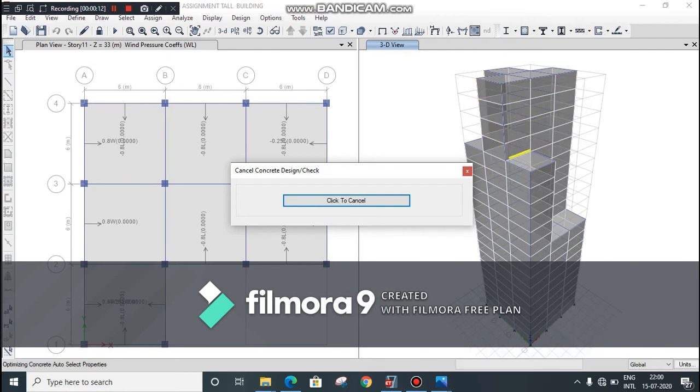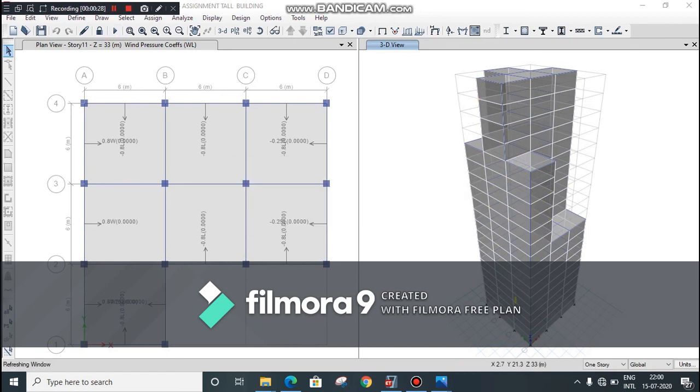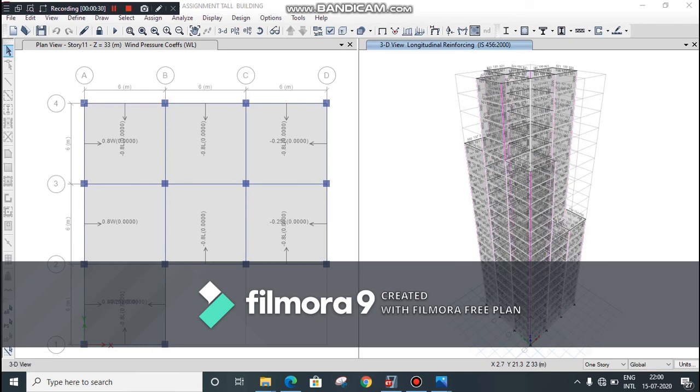It will take some time. Now you can see here that our building has been successfully designed.